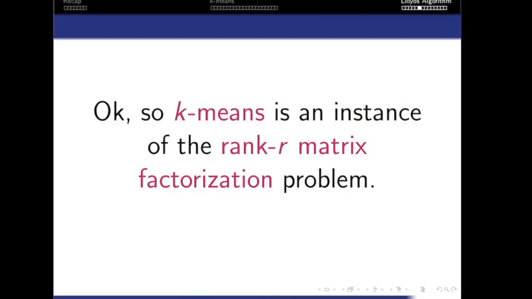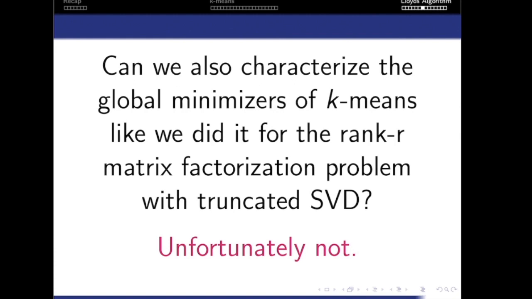Welcome back. Now we are solving the final question we had for k-means, which is how good is this algorithm we just developed, called Lloyd's algorithm, which solves these subproblems. What would be nice to have is if we could also characterize the global minimizers of k-means, like we did for the rank-k matrix factorization problem with truncated SVD. Unfortunately, this is not possible here for k-means, or at least so far nobody has come up with